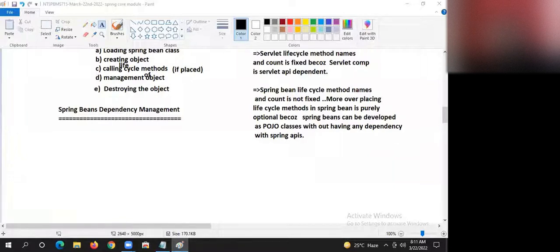Listen, before I start the Spring Boot MVC module, make sure that you get knowledge of Servlet JSP. Otherwise, learning Spring MVC, Spring REST, microservices becomes very horrible. To start Spring learning, Advanced Java and Servlet JSP are not prerequisites. With core Java knowledge and basics of JDBC, you can start learning Spring. But before I start Spring Boot MVC, make sure that you got the basics of Servlet JSP. Very soon I will start those batches. Don't worry, you can do it in parallel.